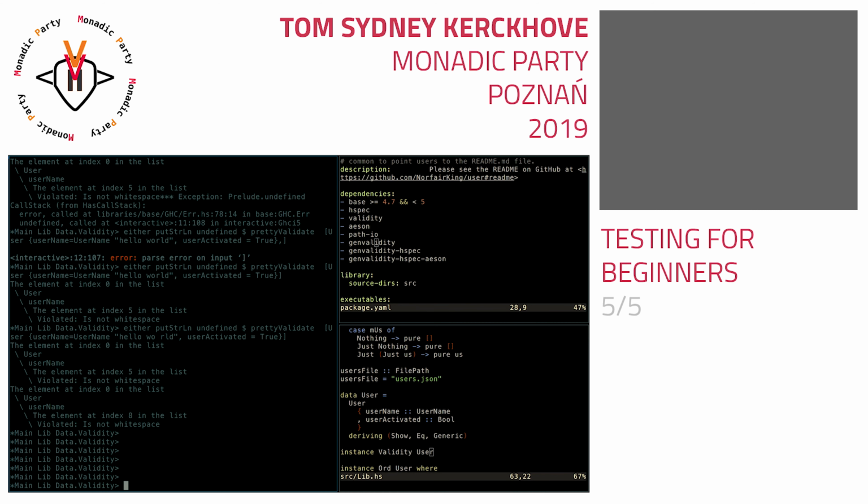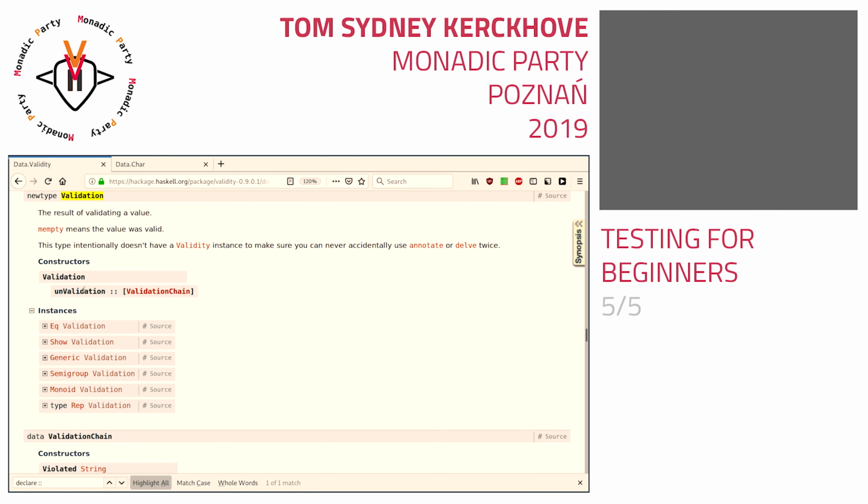No, so that's just pure, that's entirely pure. So this thing is not higher kinded at all. Validation doesn't have a type constructor, it doesn't have an argument. If you try to write an applicative instance for this, then it will say this is not well kinded. Yeah, I get it